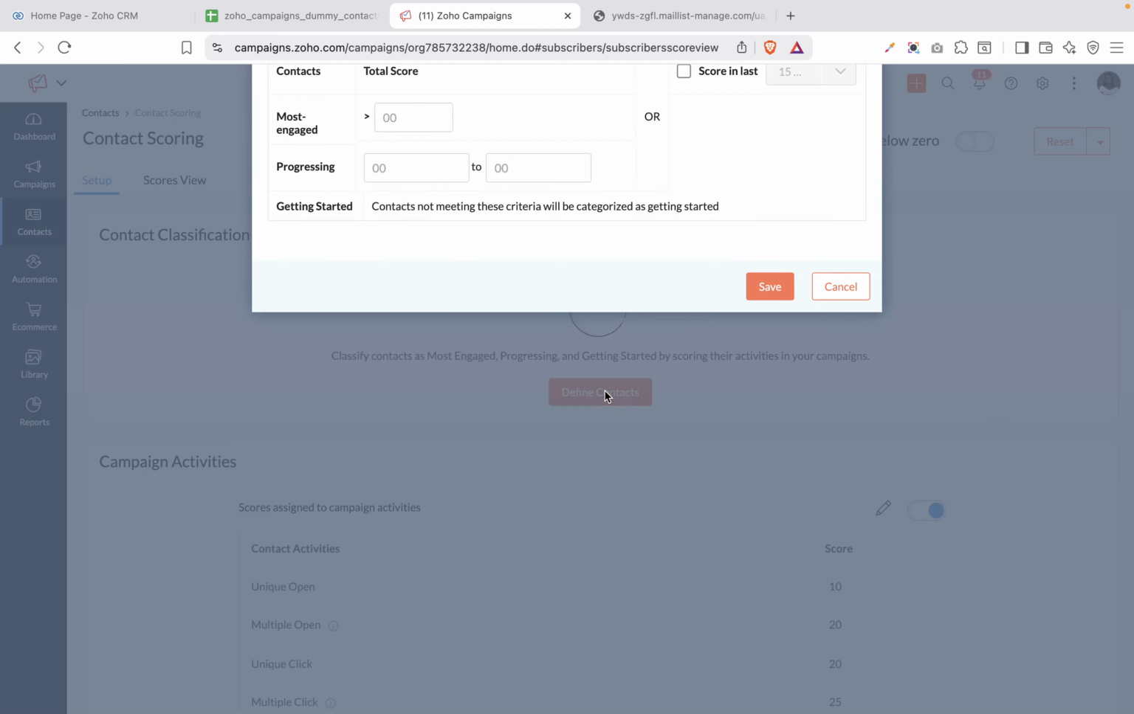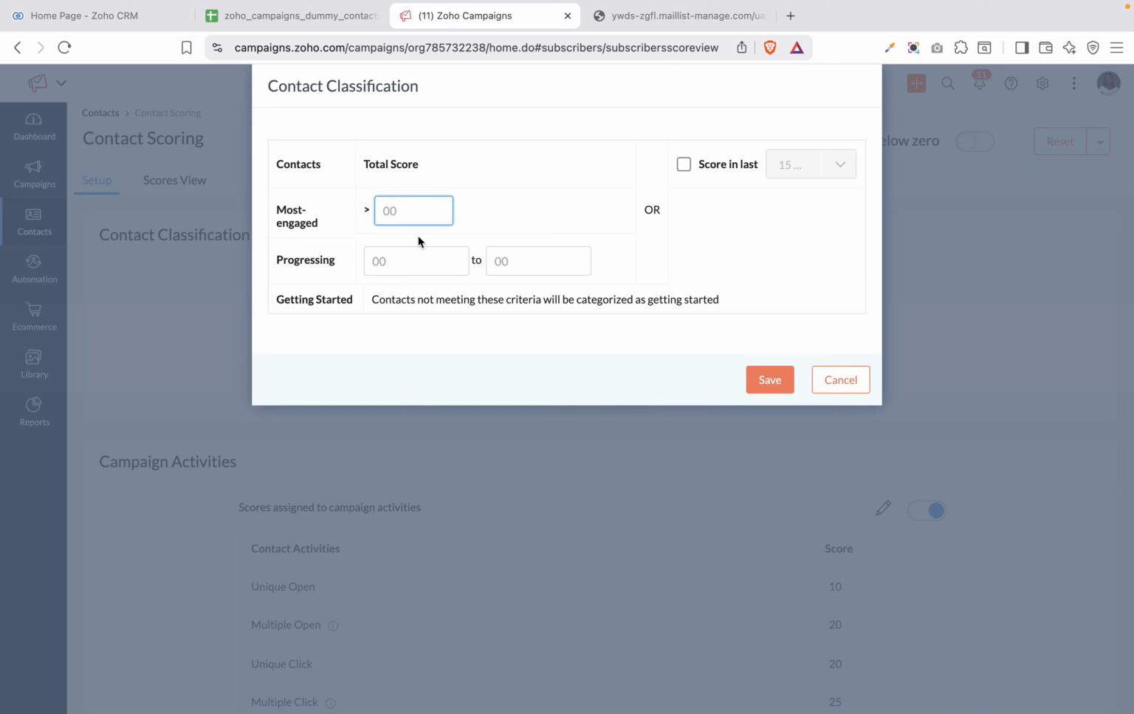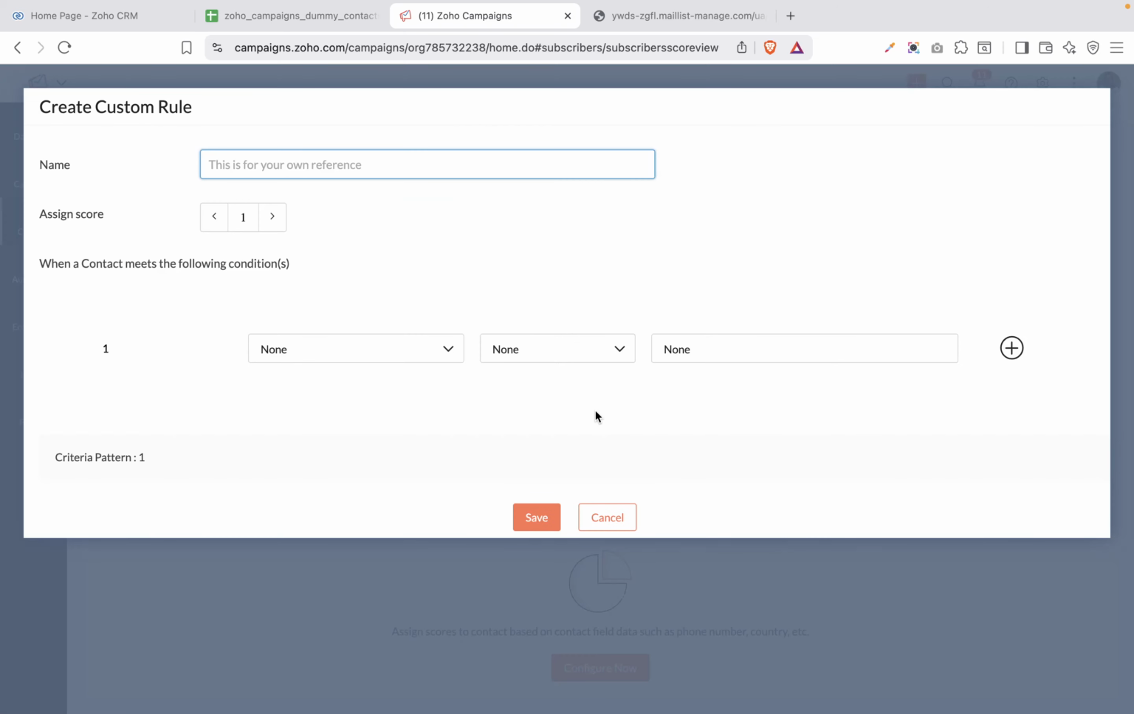So for the contact classification, you can decide that you want to check for the most engaged, and you can add in a particular total score for your most engaged. So you can decide that the most engaged contacts should be accounts that are greater than 50. So if an account is greater than 50, we can then decide that we want to add that. So apart from the rules we just added for the email campaign rules, we can also decide to create a